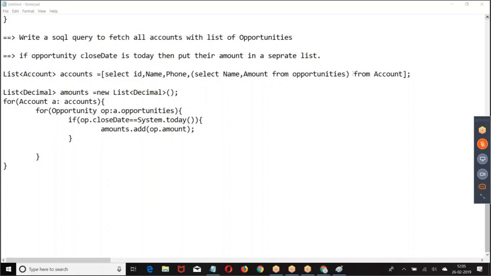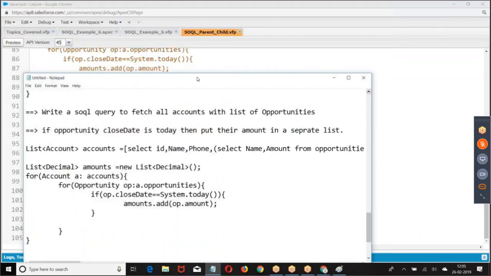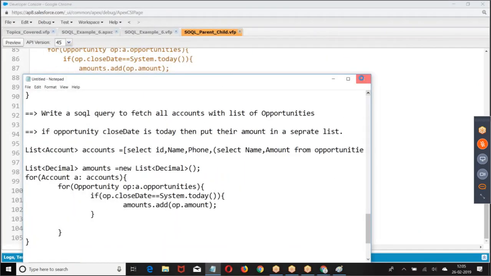If you want only today's records, you can straight away give it in the query. But my intention was to tell you that you have to use some logic. If data is given like this, how to use logic. I'm insisting on writing a logic here. Okay?